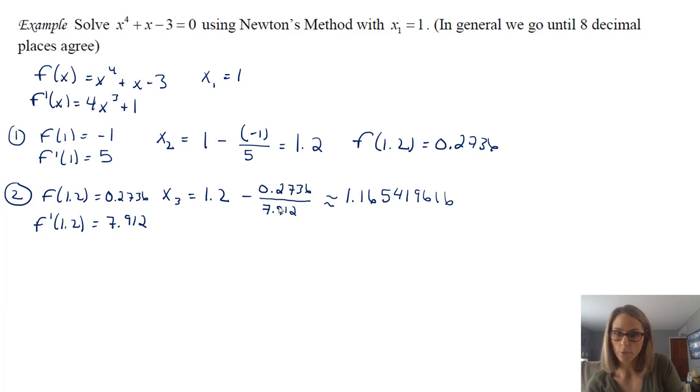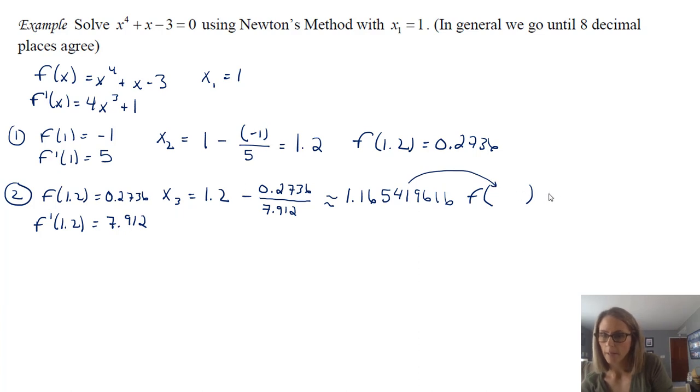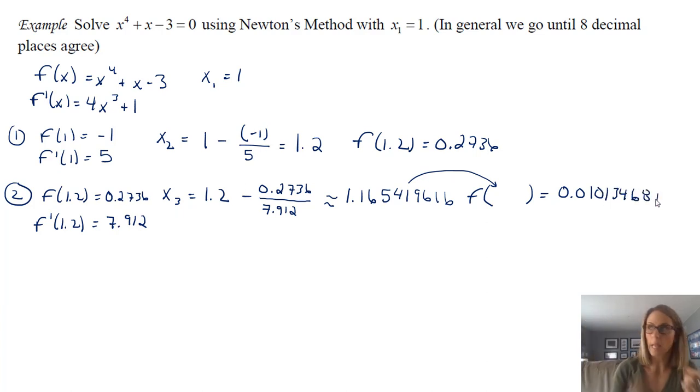If we check that value, just due to space, let me check that value. And when I do that, I get 0.010134681. So I'm putting that back into my original to say, is this the root? How close is it? So again, notice I'm getting even closer to getting 0, but I don't have 0 yet. And I'll just tell you what the other iterations are, because once you get the hang of it, it is what it is.